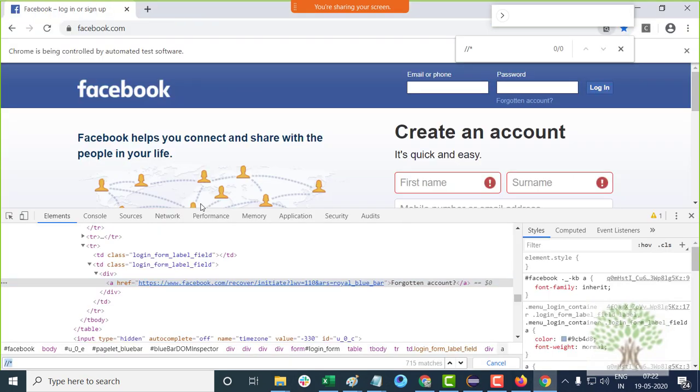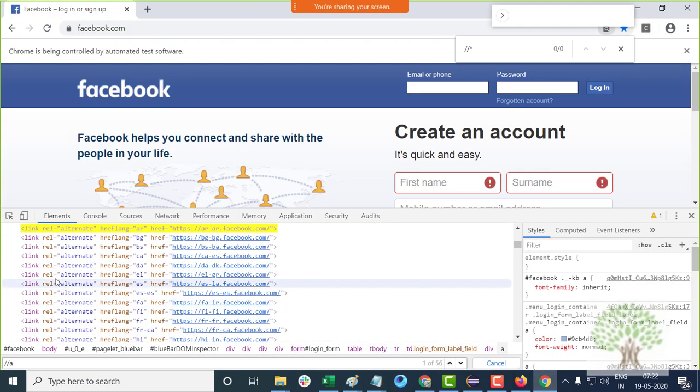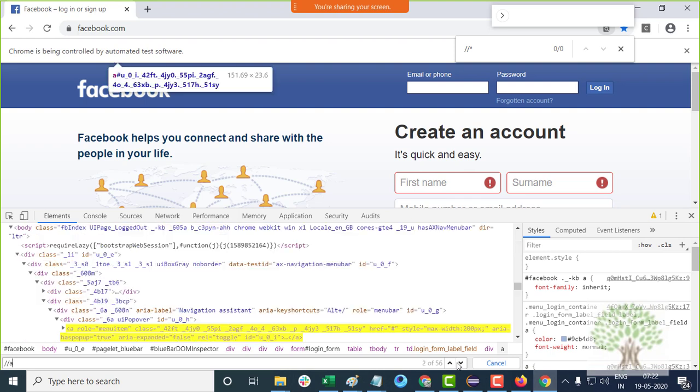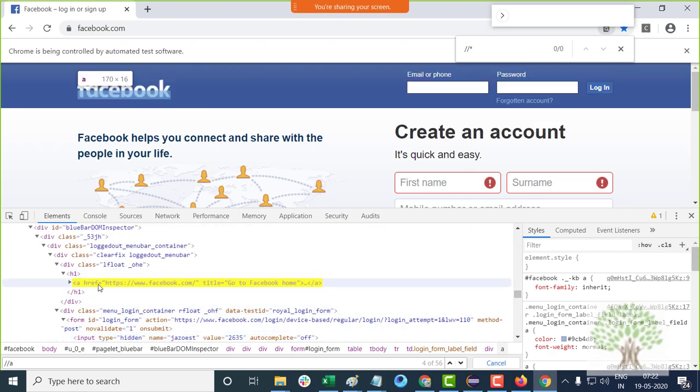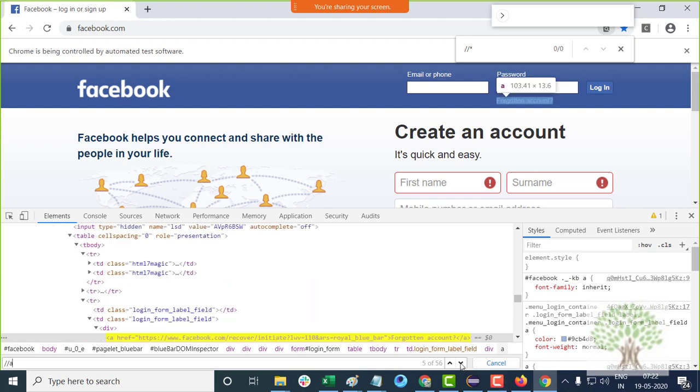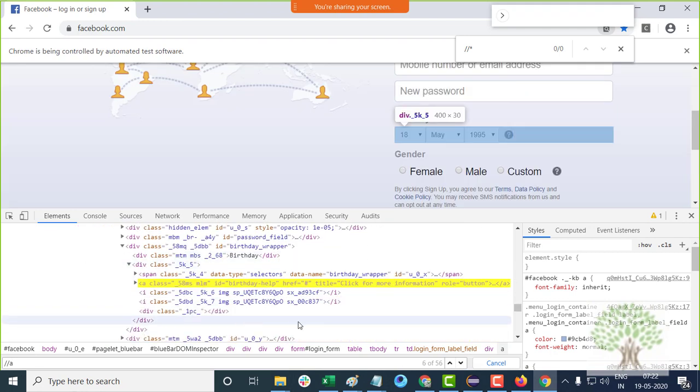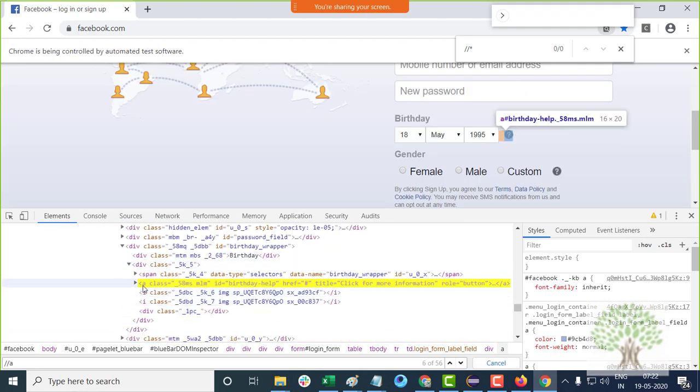I can copy this and paste it. You see that? It's highlighting all the anchor tags.